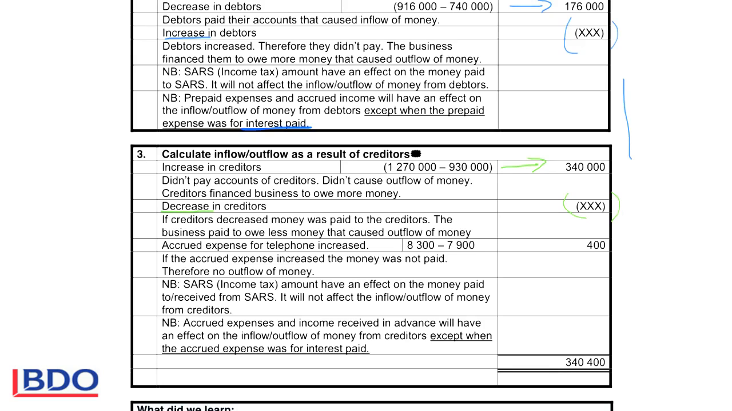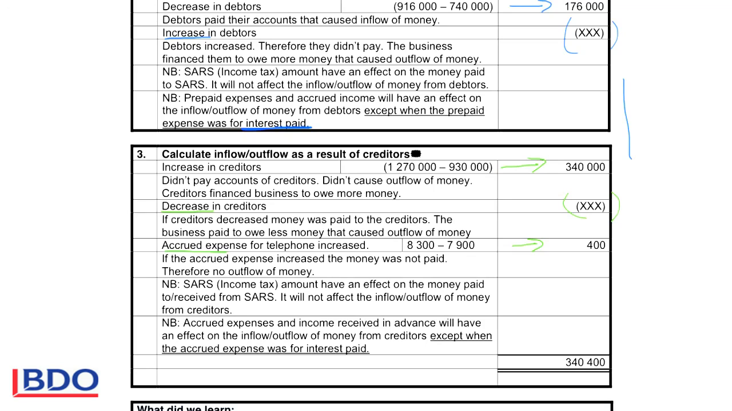If accrued expenses increase, it means that the money was not paid out to pay for the expenses, so it is a positive figure. If accrued expenses decrease, then it means more money was paid, then it will be in brackets. SARS income tax will not be taken into account with the creditors because it's shown separately on the face